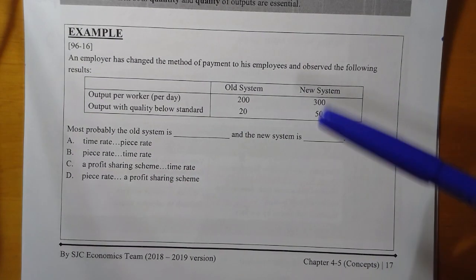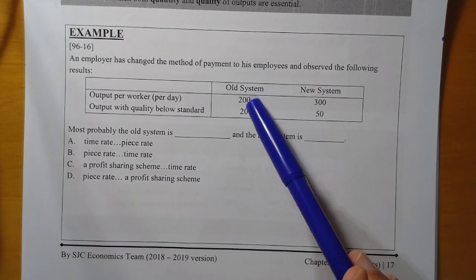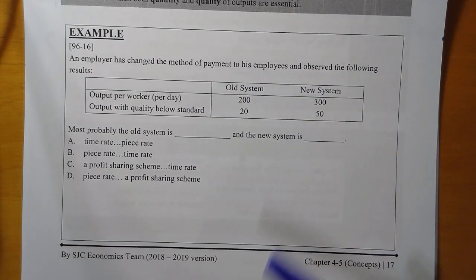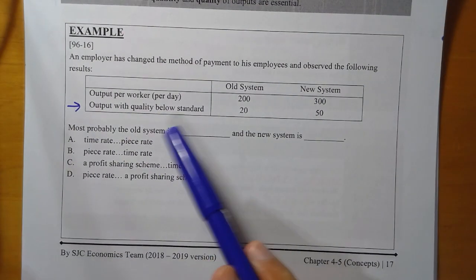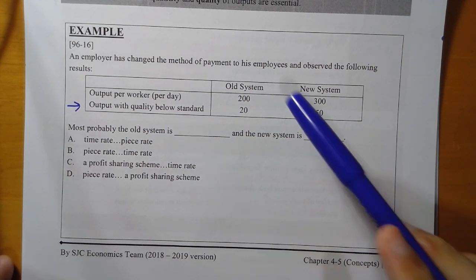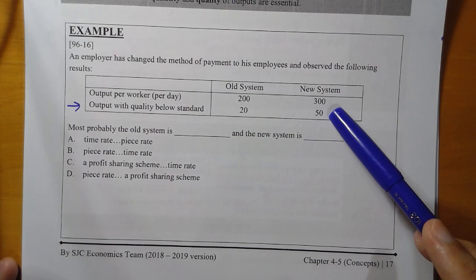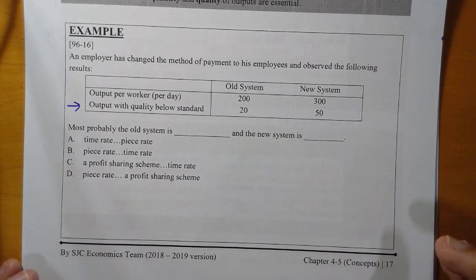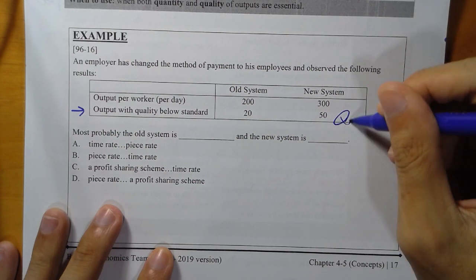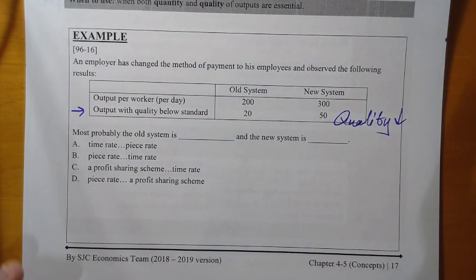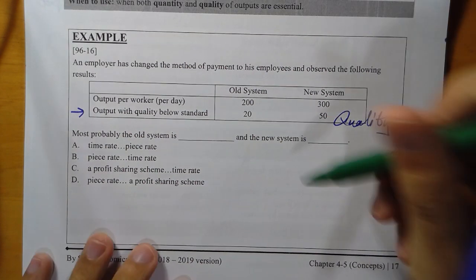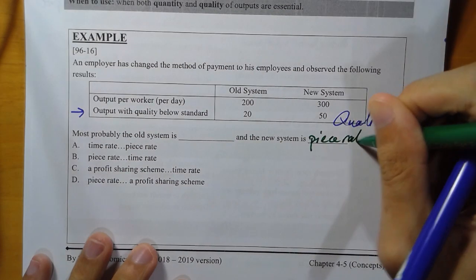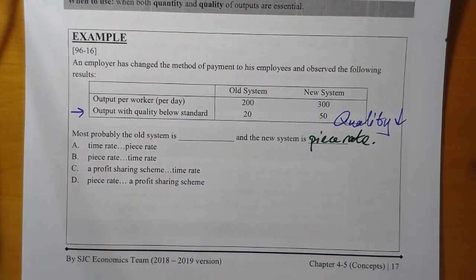Now here we need to look at the old method and new method. We need to determine the method. Now, if I were you, I start with this one. Output with quality below standard, 即係話啦，係咪啊？唔合格嗰啲啊。So when more output is below standard, that means quality decreases. Out of the 5 wage payment methods, only one method will result in a decrease in quality. We know this must be a piece rate. 一定係同 piece rate 有關係咪？